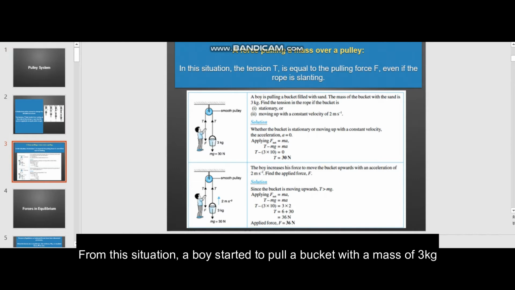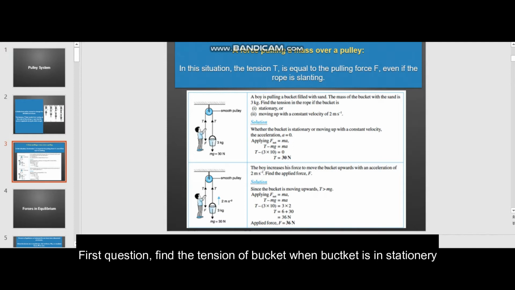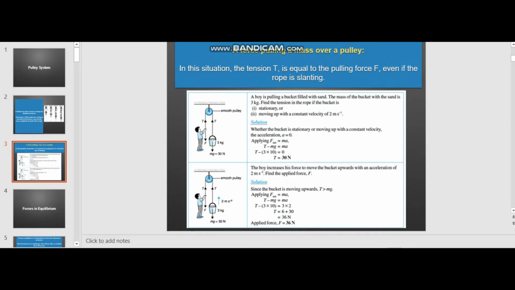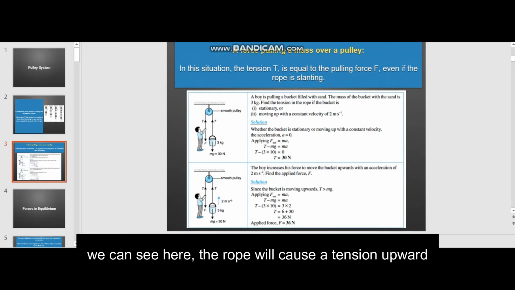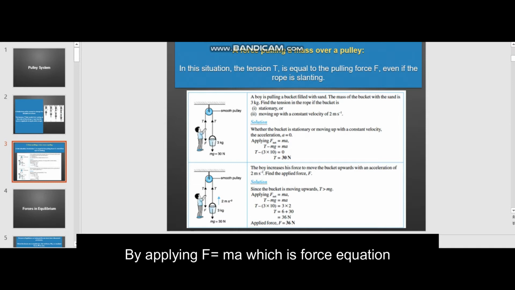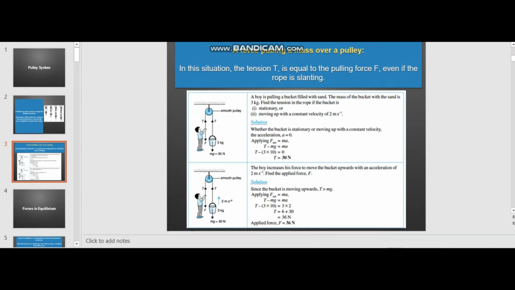From this situation we can see the first scenario, where a boy starts to pull a bucket with a mass of 3 kg. For the first question, find the tension of the bucket if the bucket is stationary. As we can see here, there is a rope which causes a tension upward. Therefore, by applying F equal to ma, which is the first equation, F is equal to T minus mg